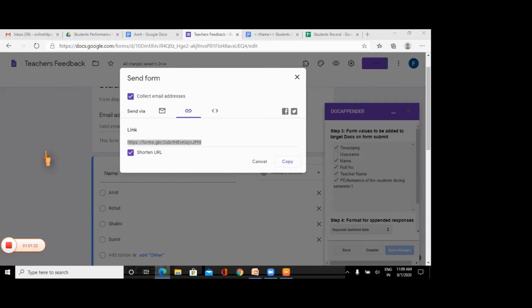I'll show you the output, how it looks in bulleted form, and how it will collect the performance report from other teachers. So please click this form. I have posted the link in the chat box. Please click the form and fill it once. I'll show you how it will reflect at my end. Am I clear? Please reply in the chat window.